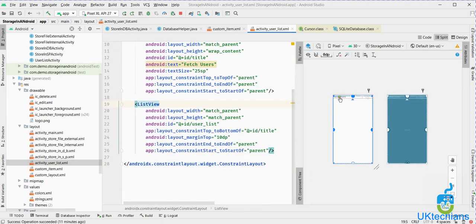So this is the text over here, which is fetch user results, and this is the list. So this is the view of the list.